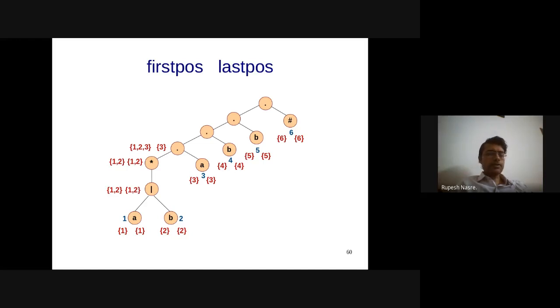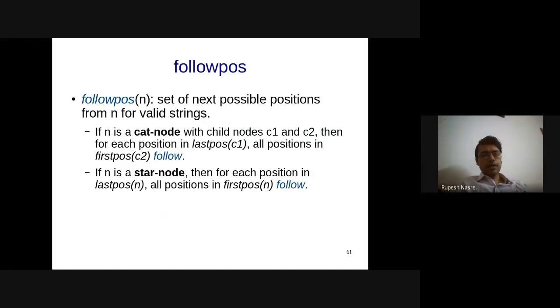Right? And for the rest of it, since the first dot in this string is always going to be non-nullable, we always get 1, 2, 3 as the firstpos, and then the right-hand subtree's position as the lastpos. So 1, 2, 3, 4, then 1, 2, 3, 5, and 1, 2, 3, 6 become the firstpos and lastpos for each of these concatenation nodes. So we were here and we were looking at followpos, but any questions so far on this? All right.